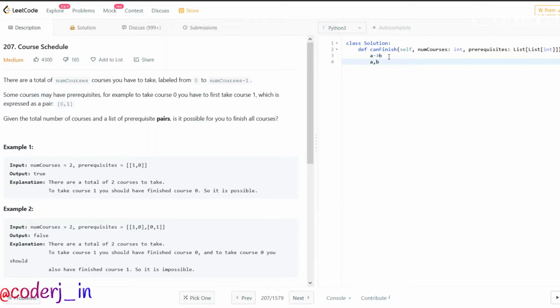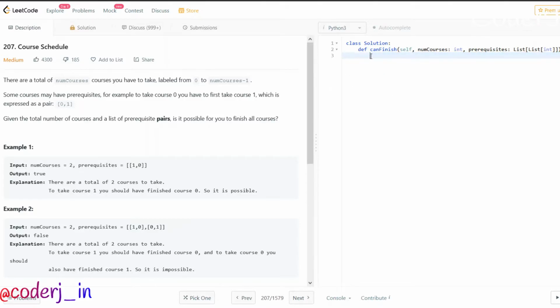So how will this topological sort help us in this question? Basically, you can think of it like this: we can create this into a graph, a particular graph where we have connections like this. Suppose I take the example of this prerequisite [1, 0], right? I can draw, let's say, an adjacency matrix, and I'll do it like this. So I'll draw a line from 0 to 1, which means that in the graph, think of it as an image where a line goes from 0 to 1. It means that if I take advantage of the topological sort now, I have to access 0 first, and only then I can access 1, right? So yeah, that is basically what topological sort means.